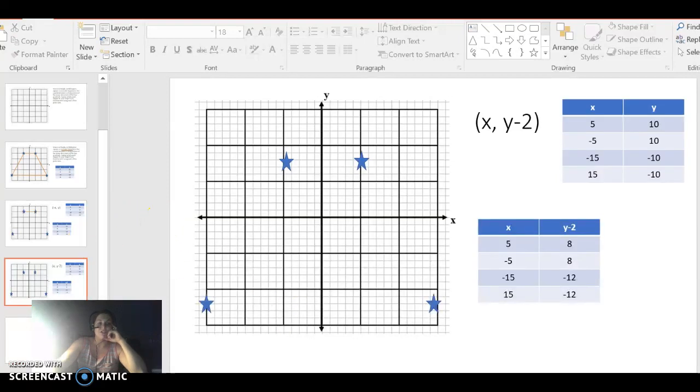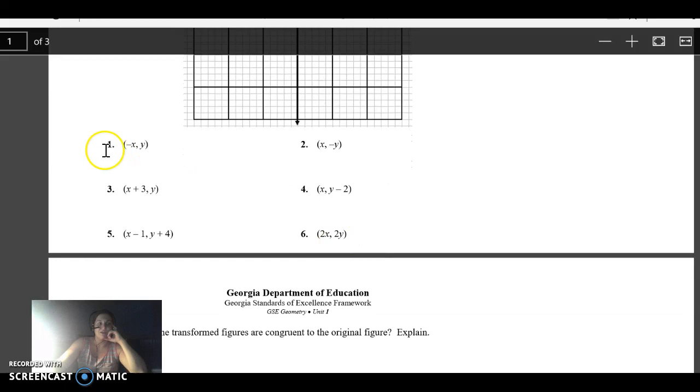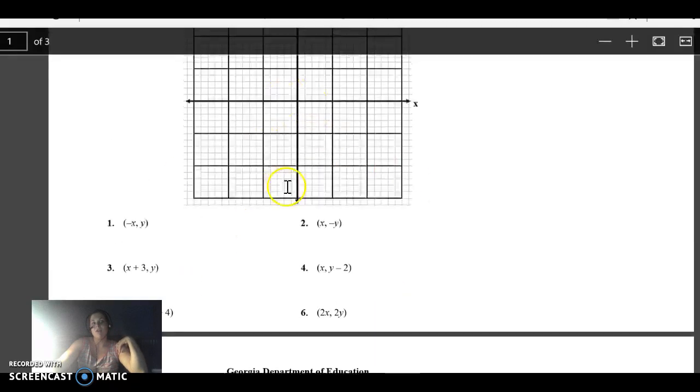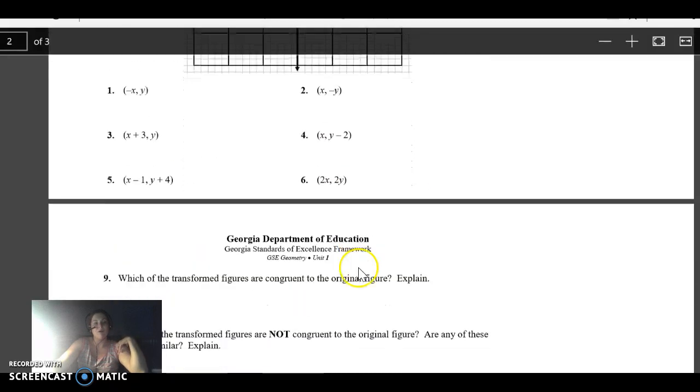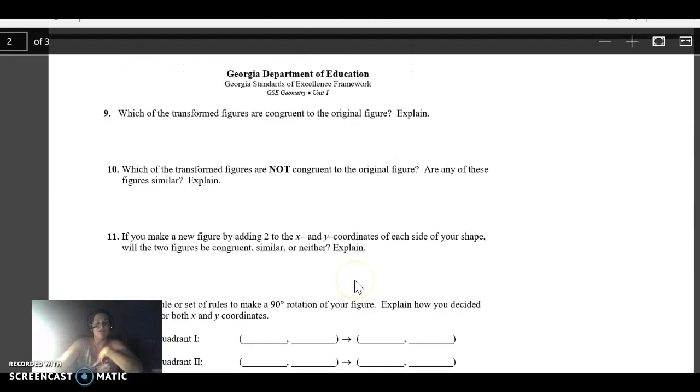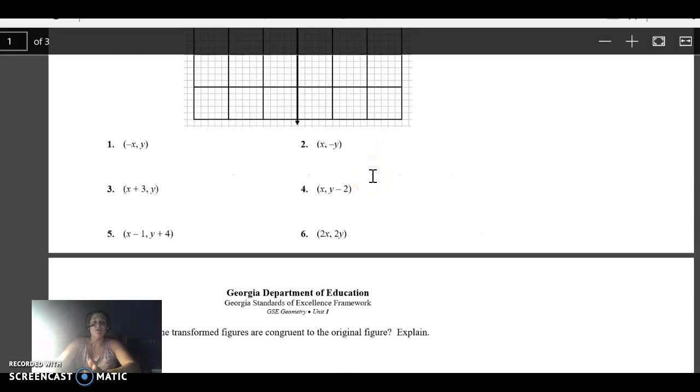So do that for each of the ones in your task. I would recommend making a T-chart for each one and graphing it. You can graph them all right here on the same graph if you want, or it might get a little cluttered. So you can see what happens. Then answer these questions. This is which of the transformed figures are congruent to the original figure? So that first one I did,